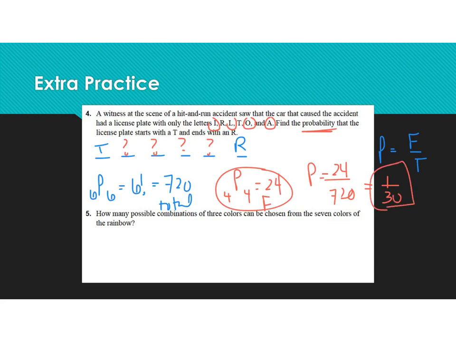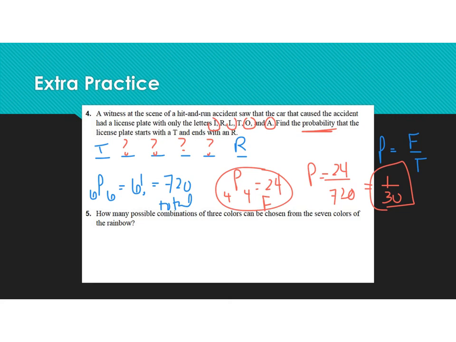All right, so those have all been on permutations. So number 5 here is on combinations. How many possible combinations of 3 colors can be chosen from the 7 colors of the rainbow? Roy G. Biv. Red, orange, yellow, green, blue, indigo, and violet. So red, orange, yellow, and orange, yellow, red, it doesn't matter. They're the same